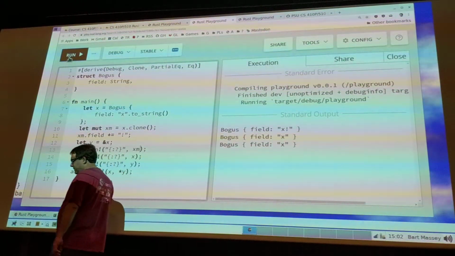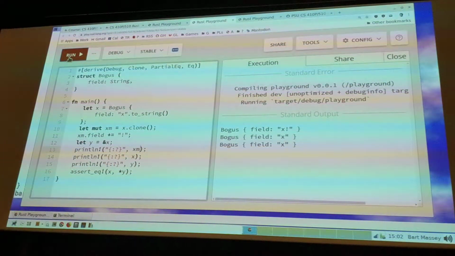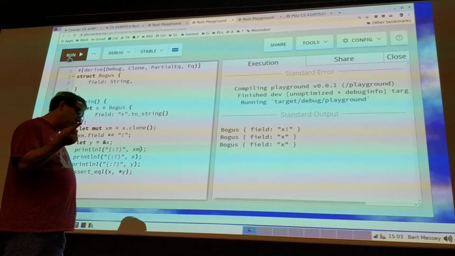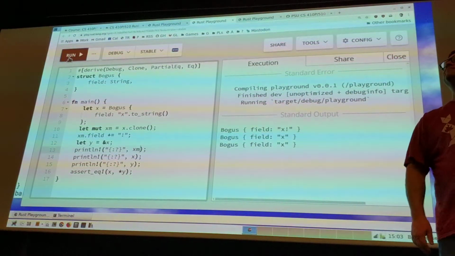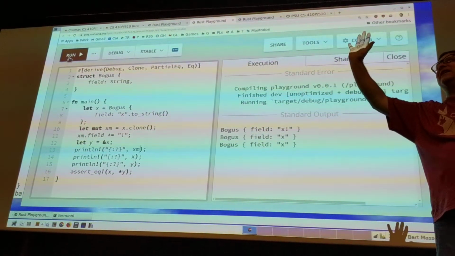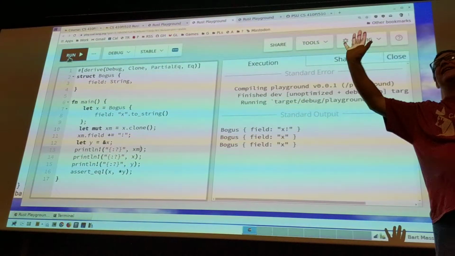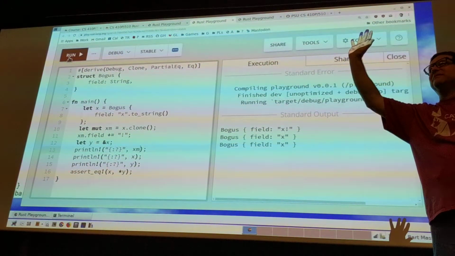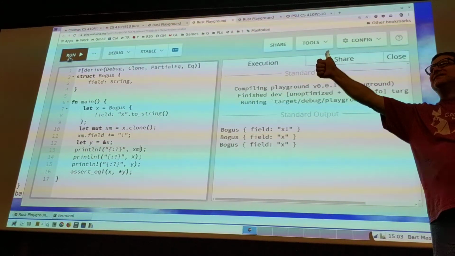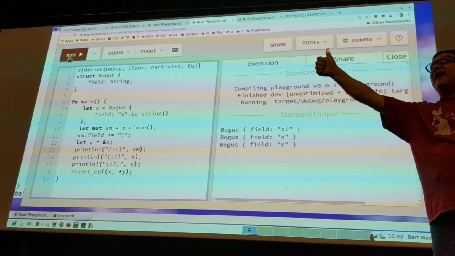So, there's 3 ways, it turns out, to make a copy of a string specifically. There's clone, and there's to-owned, and there's to-string. And they all do the exact same thing. They all make a copy of a string. If you give them a string, they turn that string into a copy of the string. So why would you use one versus the other?